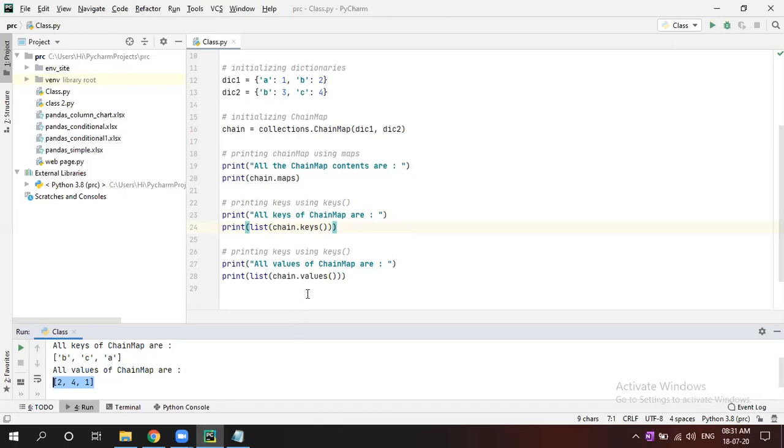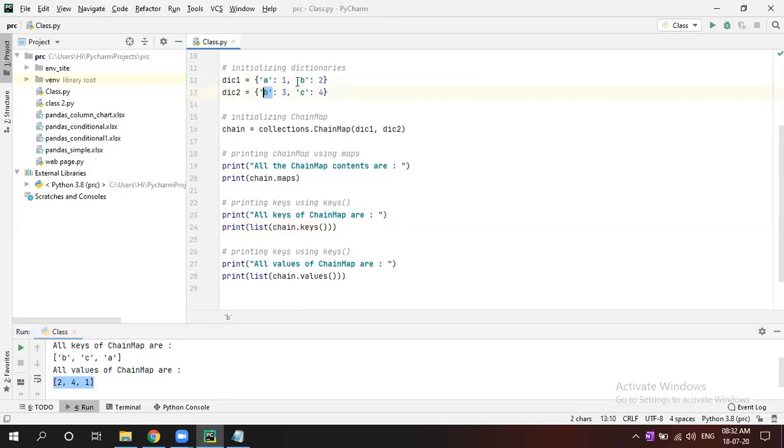One doubt, sir. If the dictionary is given directly, does it take the first B or the second B?